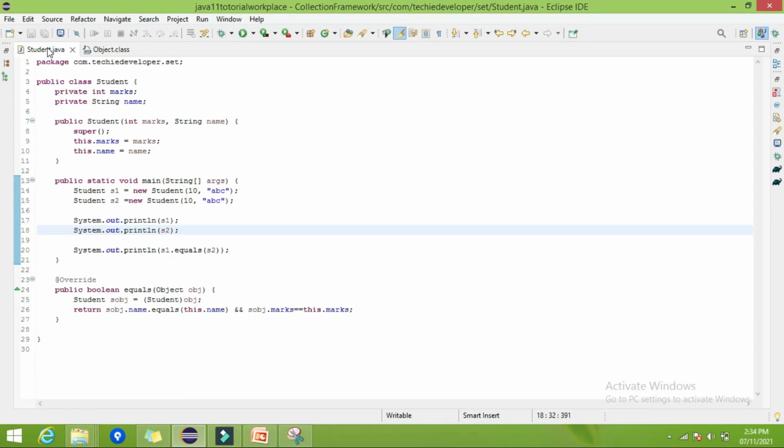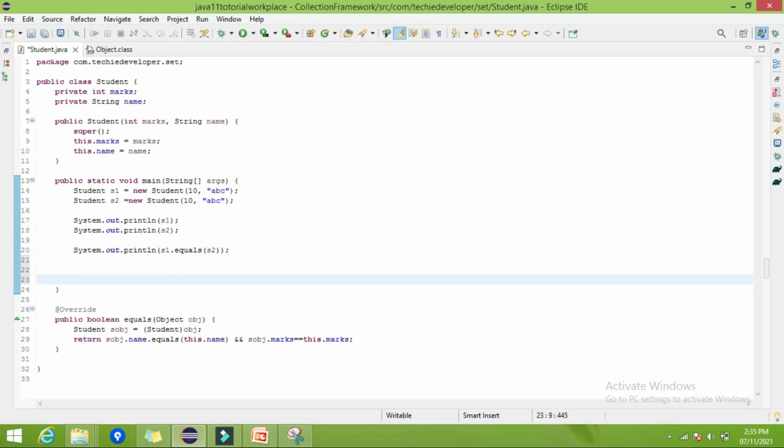That's why it is recommended that whenever you override the equals method, override your hashCode method. Let me explain this by example also. What is the issue if we override the equals method but not the hashCode method.